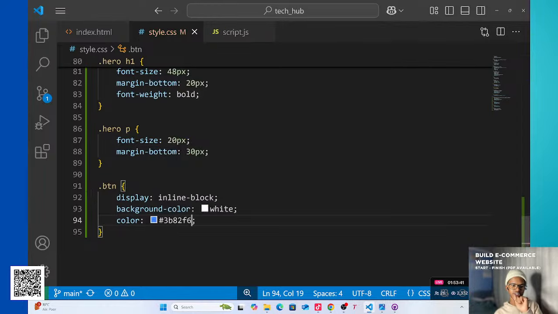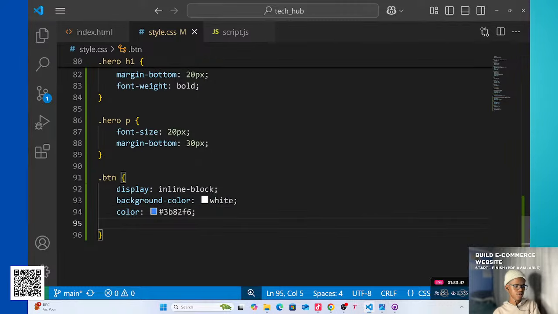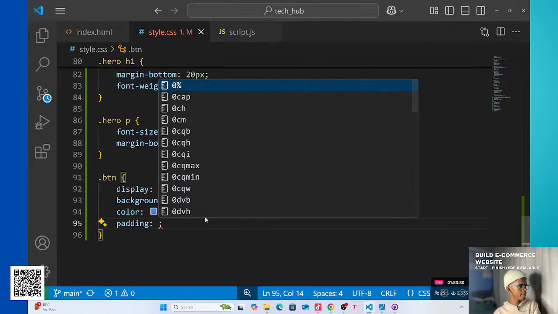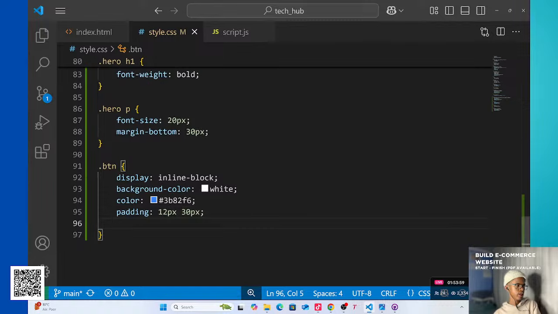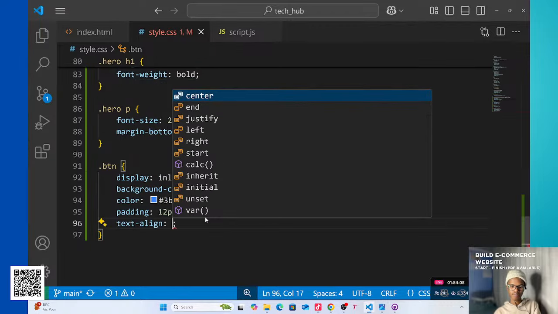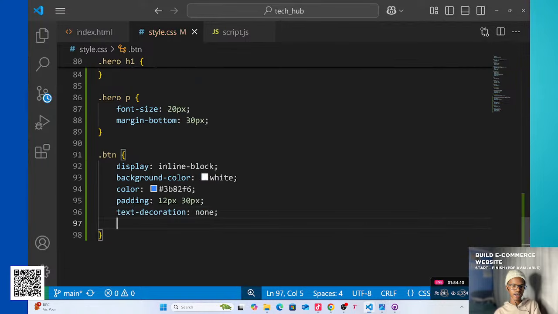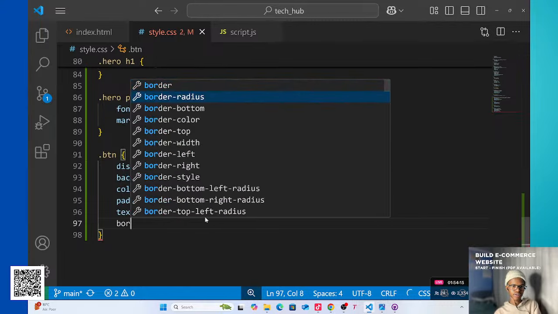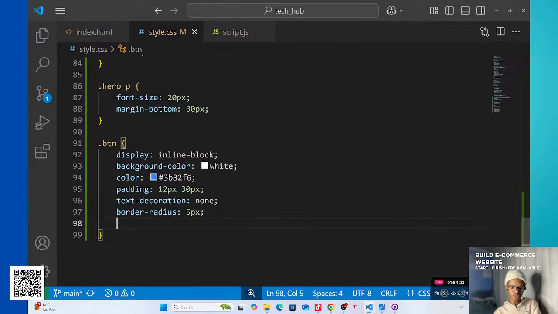So this is like our primary color basically. When you look at 3B, just think of it as our primary color for this site. So we use our primary color, add a padding of 12 pixels and 30 pixels. And then text decoration, we don't want any because we know it's a hyperlink. So we just say text-decoration none to remove all the text decoration. Then we want to add a border radius, 5 pixels, font weight bold,